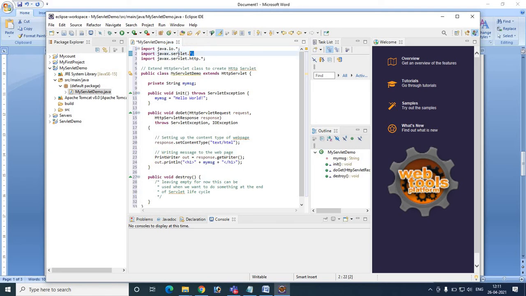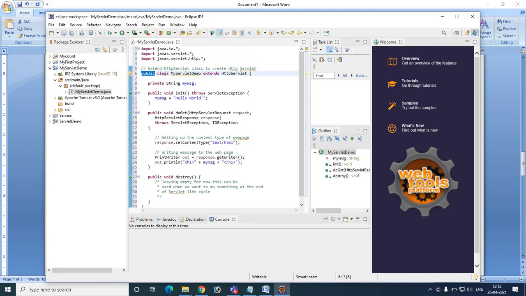The second step is we have to import the servlet package, that is import javax.servlet.*. The third thing we have to do is import the HTTP package, import javax.servlet.http.*. After importing the packages, we have to extend the HTTP class in order to create the HTTP servlet.